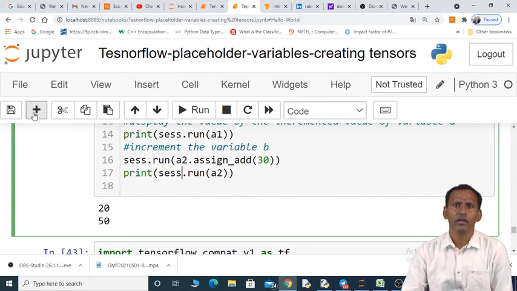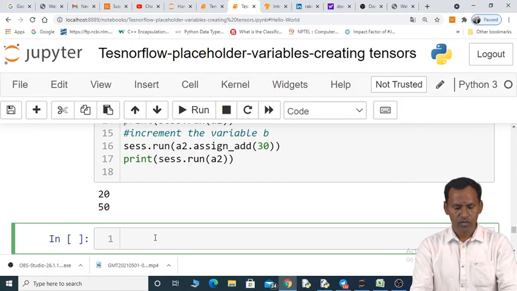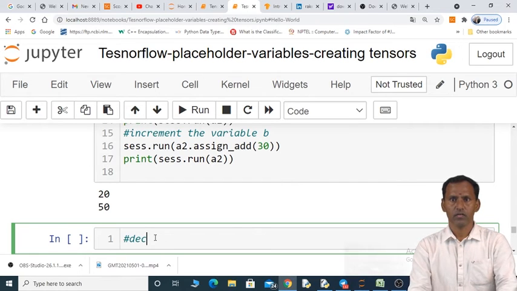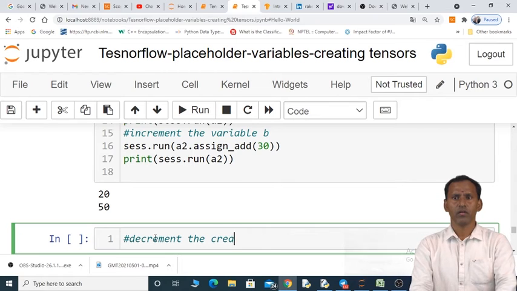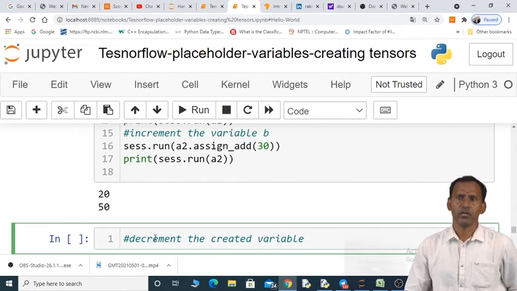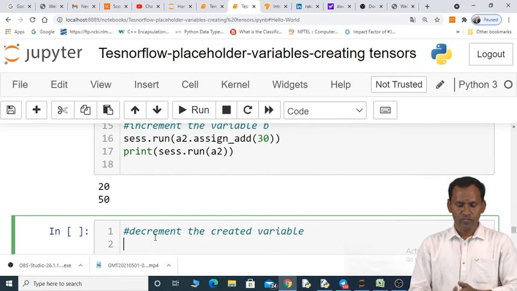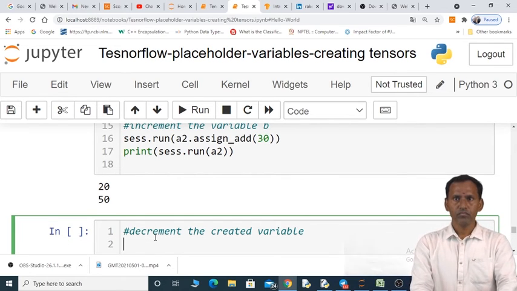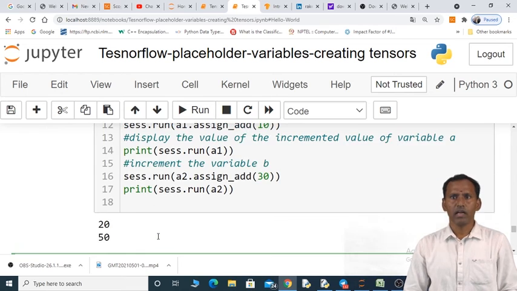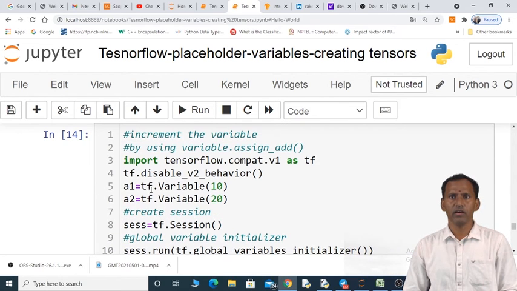Now coming to the next concept, decrement the created variable. I'll write the entire program as it is here.